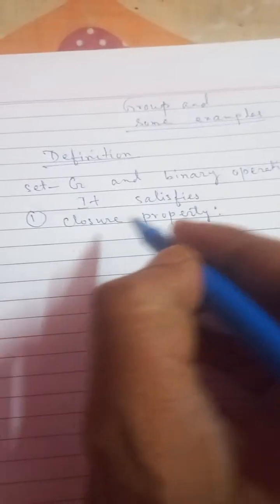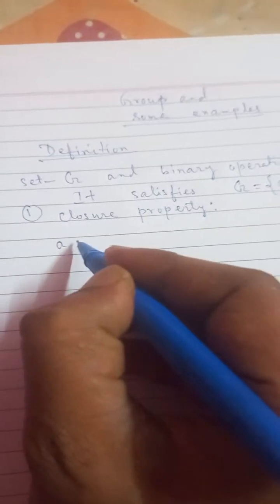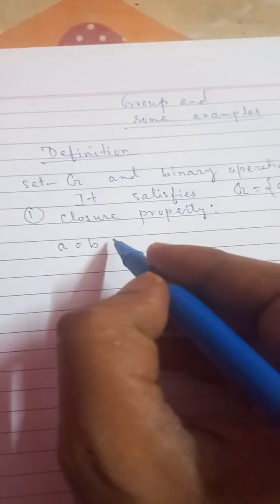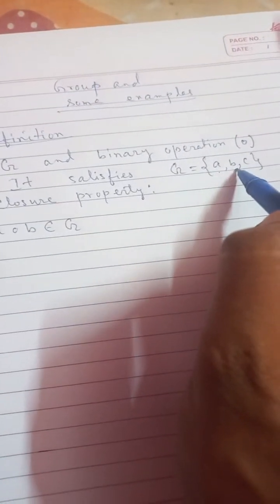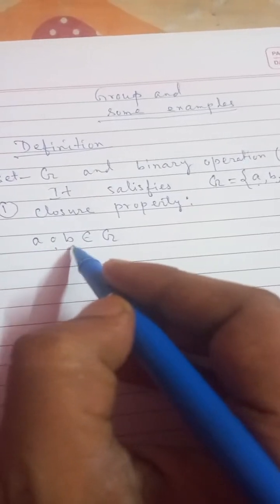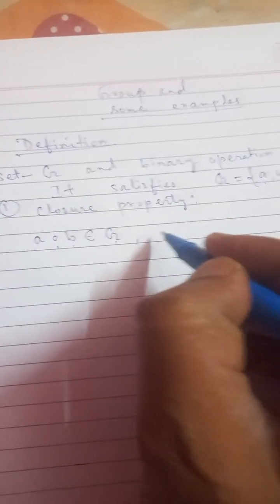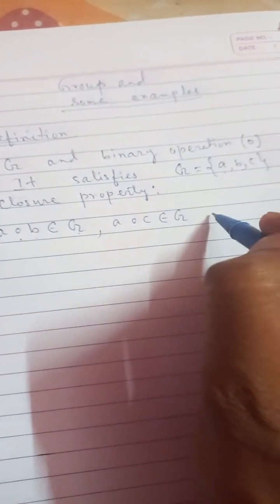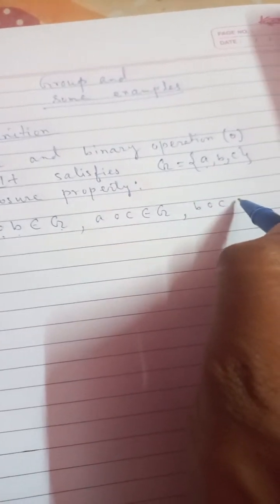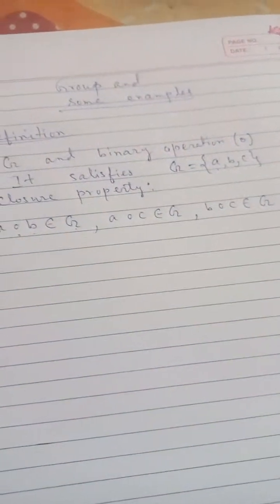If we take the set G with elements A, B, C, a finite set, then A omicron B also belongs to set G. Since A belongs to G, B belongs to G, with respect to this binary operation, A omicron B belongs to G. In the same way, A omicron C belongs to G and B omicron C belongs to G. So this property is called closure property. If this is satisfied, then